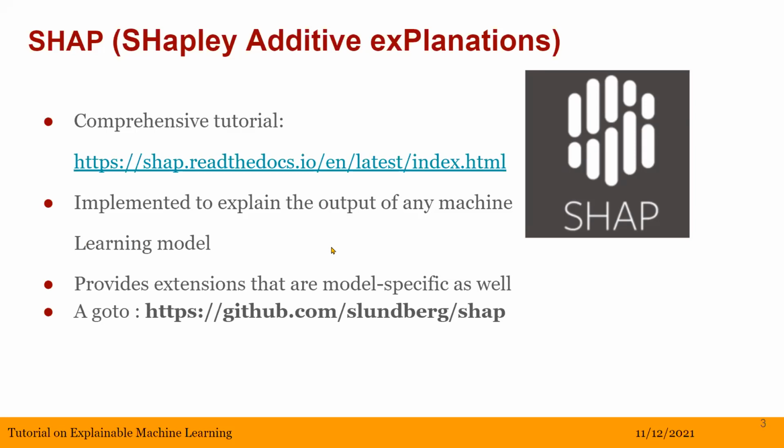As we looked at, it's implemented to explain the output of any machine learning model, for example a k-nearest neighbor classifier or a linear regression model, or something quite complex like a random forest or its variants. It also has some extensions that are model specific. For example, they have provided an implementation specifically catered for tree-based models. If you want to look at different implementations and applications of SHAP, I think a go-to would be this GitHub link, and they have provided a very comprehensive